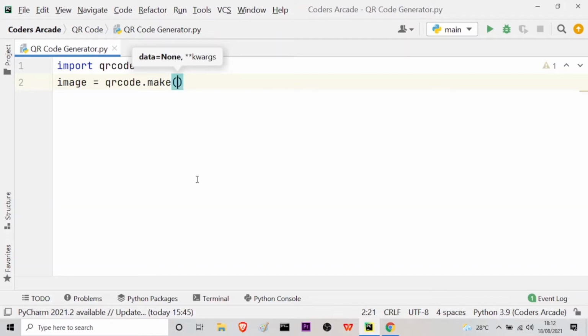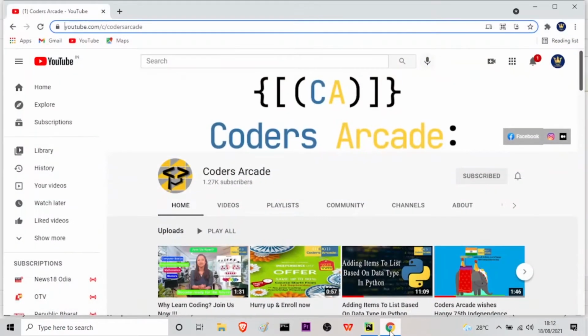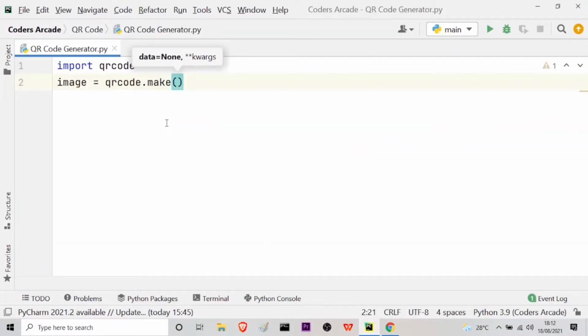So let me just go to my Chrome browser. And here you can see this is the link or the URL for our channel Codus Arcade. I will just copy this and then I will go to my PyCharm again, and in the parenthesis I will put this under quotes and paste it here.